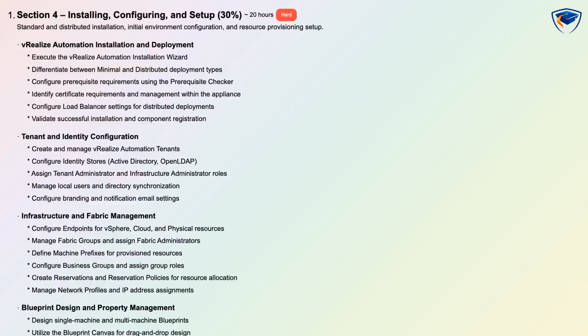Section 4 Installing, Configuring, and Setup carries 30% of the exam, is rated hard, and the estimated learning time is 20 hours with hands-on plus conceptual assessment types. Candidates must master vRealize Automation installation and deployment, including executing the installation wizard and differentiating minimal versus distributed deployments. You will configure prerequisites with the prerequisite checker, manage appliance certificates and load balancer settings for distributed setups, and validate